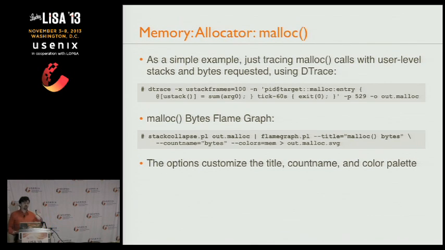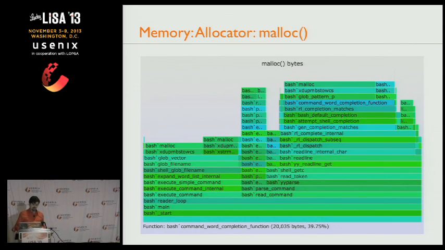So as a simple example, it's just a one-liner to say, trace malloc in my application, give me stack traces and byte counts, and then I can do a malloc flame graph. In this picture, I've moused over an area, the bash command word complete function. This is actually a malloc flame graph for the bash shell. And I can see that code path led to mallocing 20 kilobytes. And the area over to the left, where it's doing glob file name, I could mouse over it and find out exactly, but just my eyeballs can say that's probably 15 kilobytes.